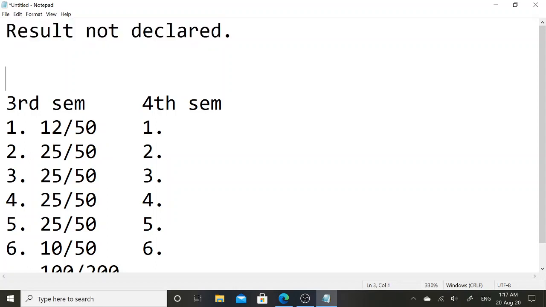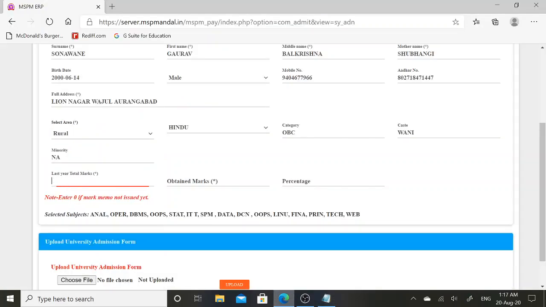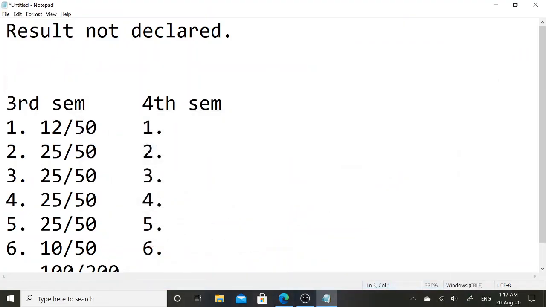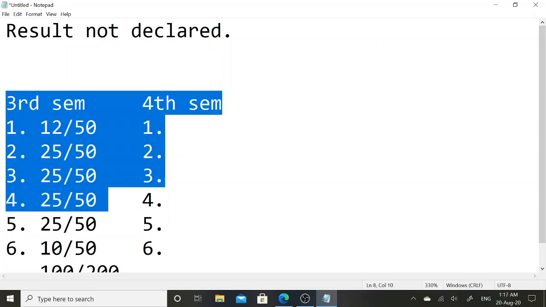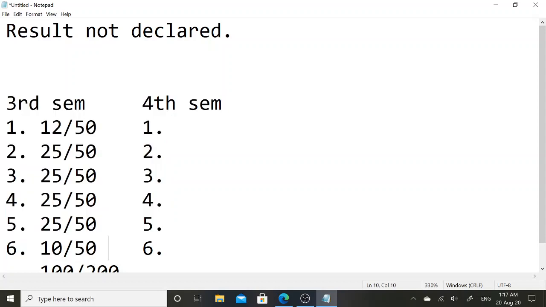Then in this case, how many marks are you supposed to enter in this section? If you are applying for third year, it means initially you were in second year and you had given the third sem examination, and because of this pandemic situation, the university has not conducted the fourth sem regular examination.